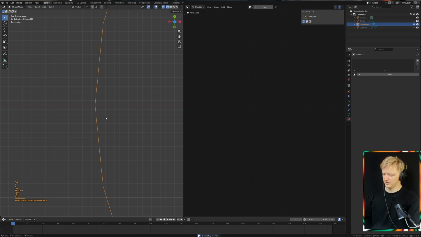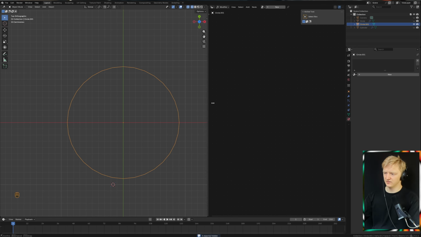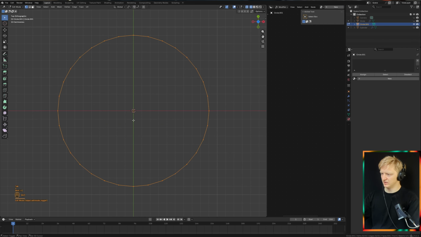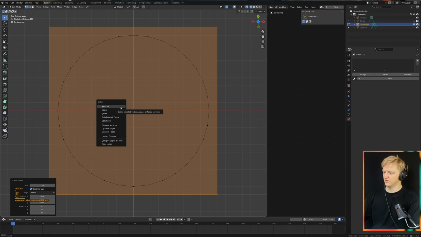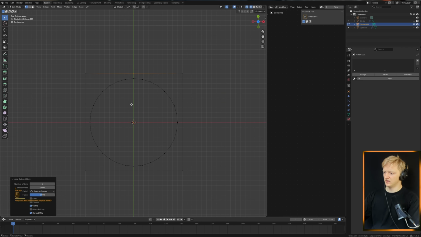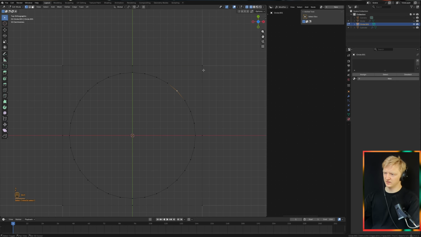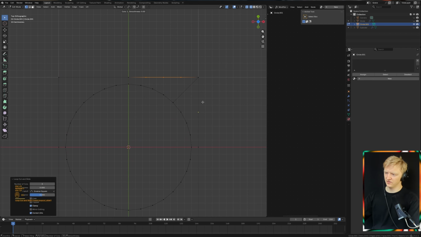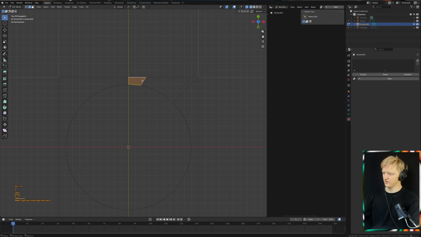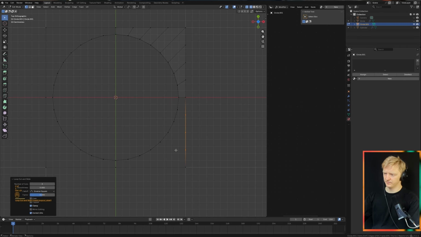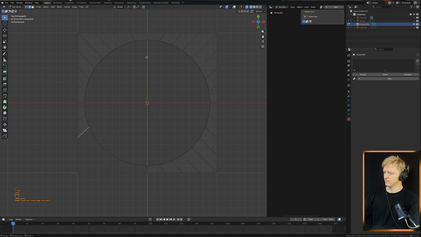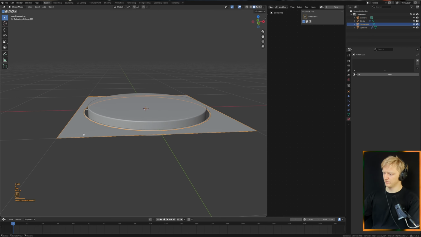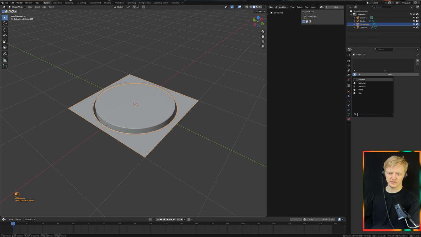And now Shift H to hide it, to isolate it, and just model it. Maybe add plane, X, only faces. And now here, we're just gonna do a bunch of cuts. Connect it here, connect this and this. And here we can see that 3 cuts here, so we add 3 cuts, and see what's happening. Perfect, and we do that everywhere. Perfect. This is gonna be our base, and give it material,